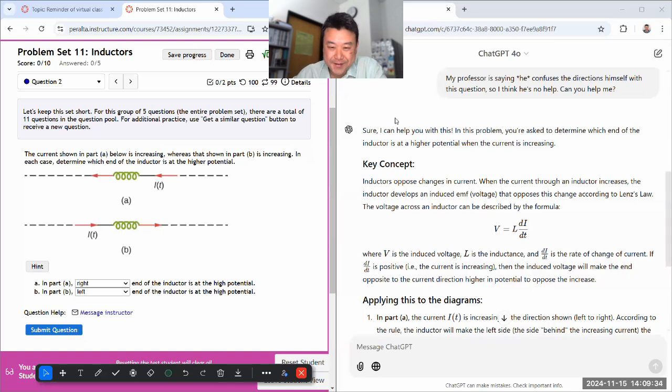Look at ChatGPT's answer. Higher potential if the current is increasing. Changes in current. I think that actually means this end is higher. Okay, I'm going to switch my answer. Changing current, that's right, where the increase induces an EMF. This is one of the